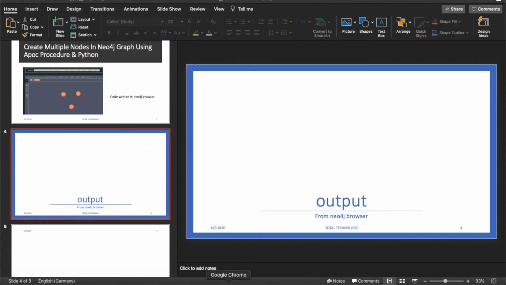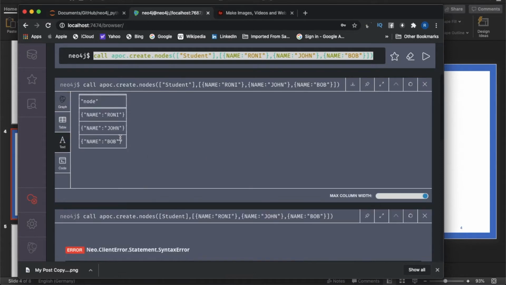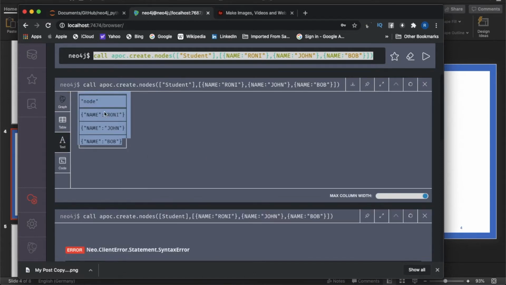Next tutorial I'll put the output over here, so let me just take a copy.